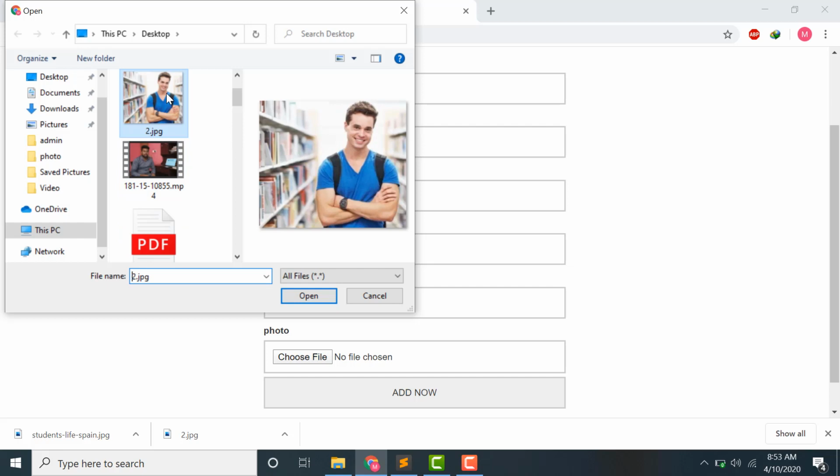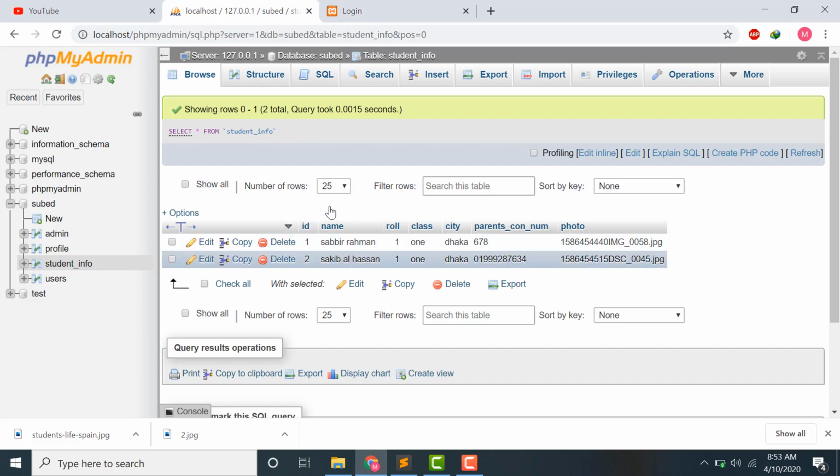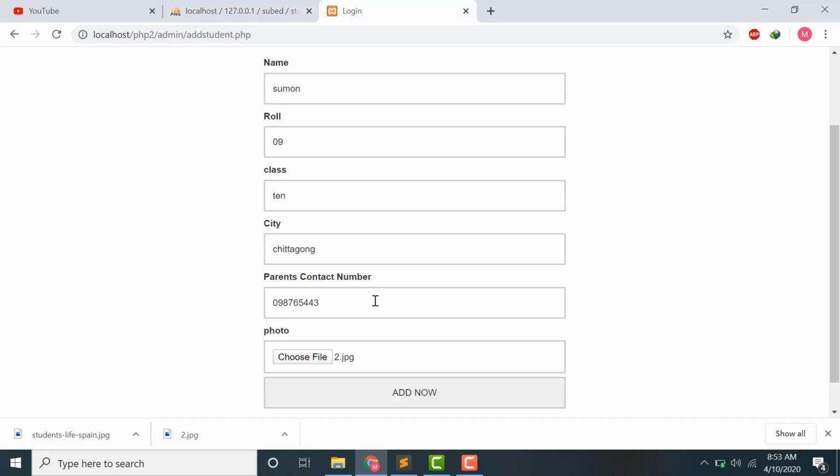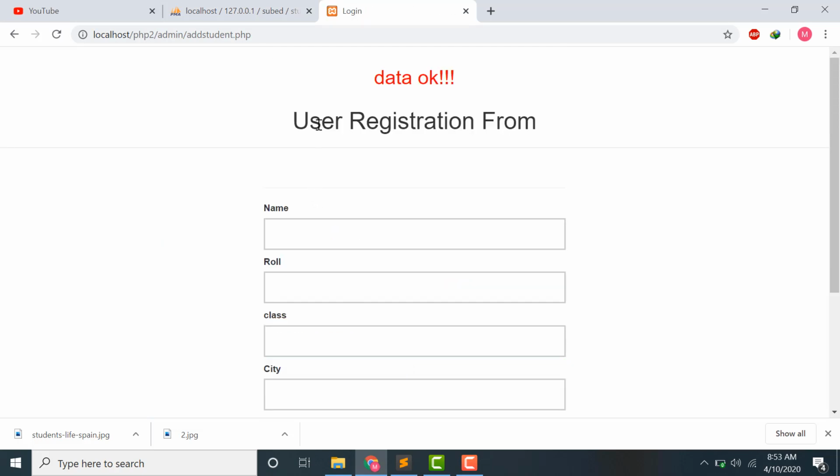Suppose we upload this photo again, and here you can see that there are two photos. When we click this add now button,